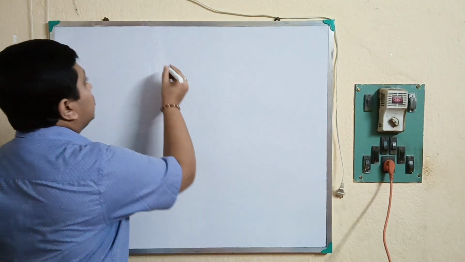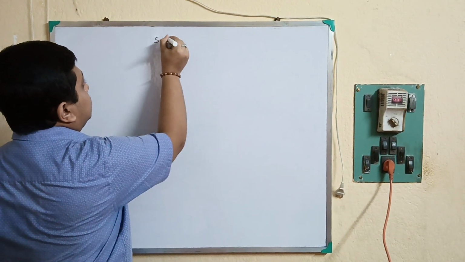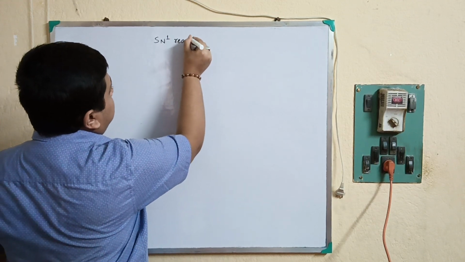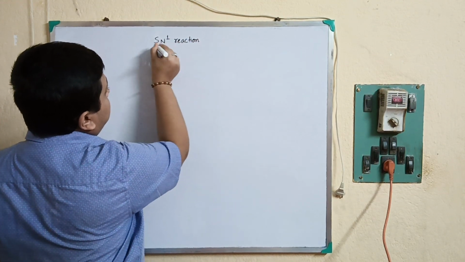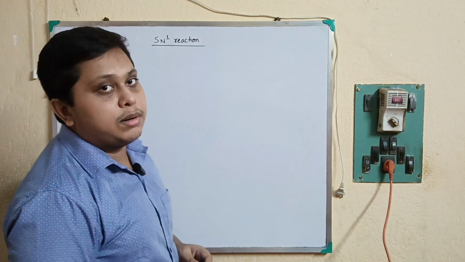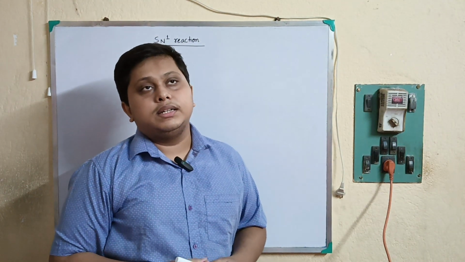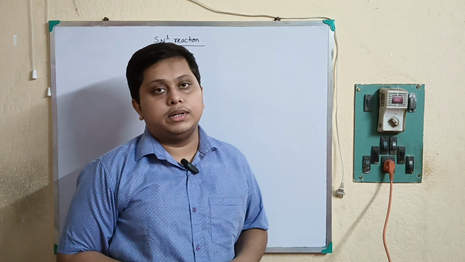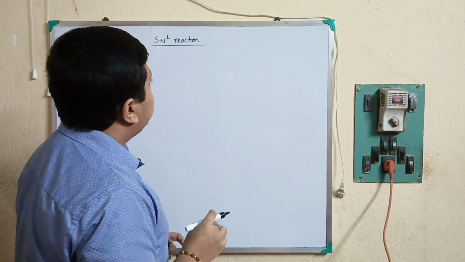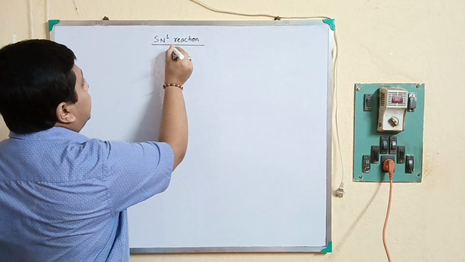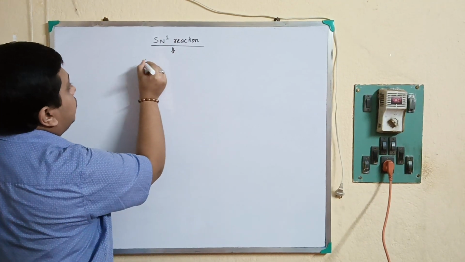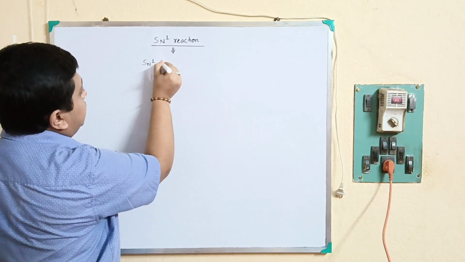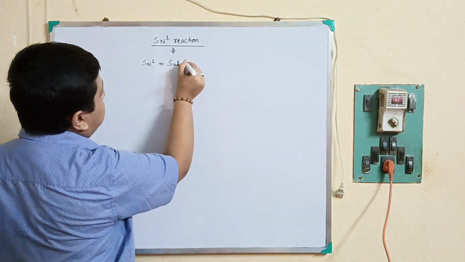The topic we will discuss today is nucleophilic substitution unimolecular reaction, that is SN1 reaction. Now, SN1 reaction is basically a carbocation based reaction, that is, the reaction goes through the carbocation intermediate formation. Now, first of all, we will write down the full name of SN1 reaction, that is substitution